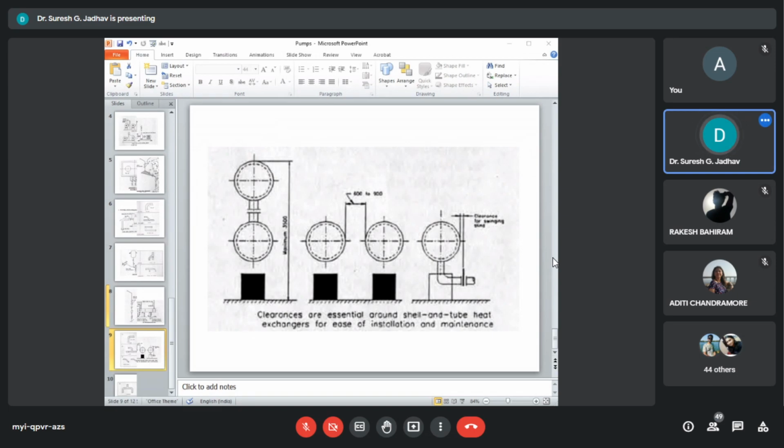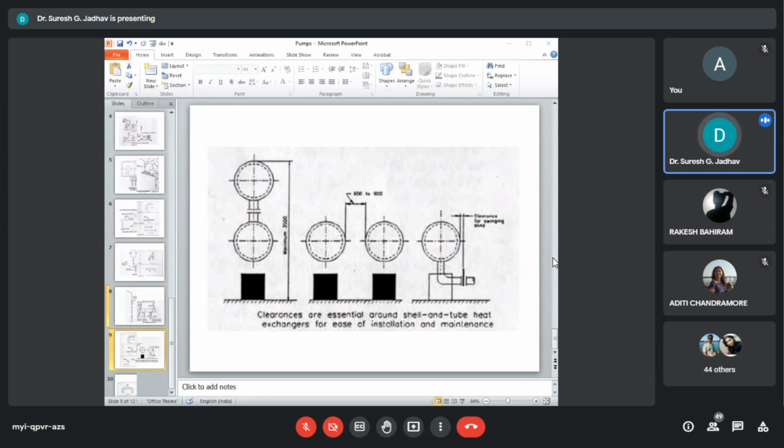The bolted cover and channel facilitate the inspection and physical cleaning of the tubes. When used in high temperature services, an expansion joint is built into the shell to take care of the differential expansion between the shell and the tube.